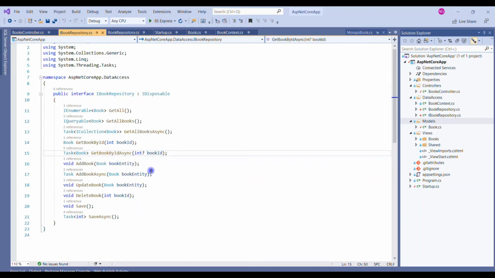In this interface I have different types of methods, and I just want to give you more knowledge about it, because you can see in the first method we are returning the IEnumerable of book result, and in the second method we are using IQueryable. If you don't know the difference between IEnumerable and IQueryable, stay tuned, I will discuss it in an upcoming video. But the major thing is that on IQueryable everything is processed on the server side, but in IEnumerable we process everything in the in-memory collection.